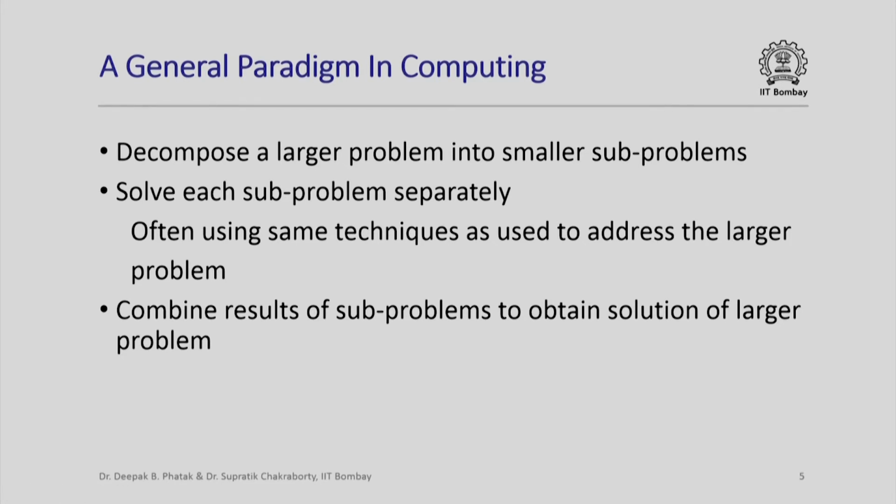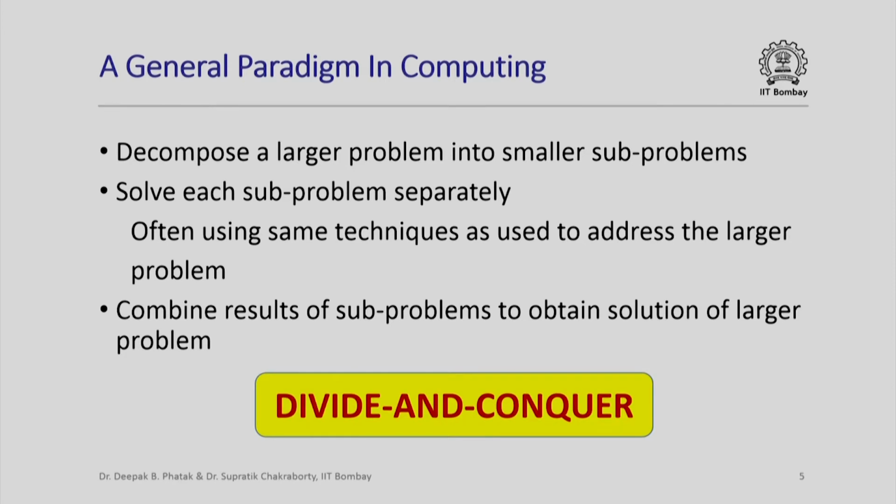So this overall principle keeps appearing several times in different computational techniques, and in general this is called the paradigm of divide and conquer. We divide a large problem into several small subproblems such that we can solve these problems, and by solving the subproblems and combining the results, we can tame the difficulty of the original larger problem.